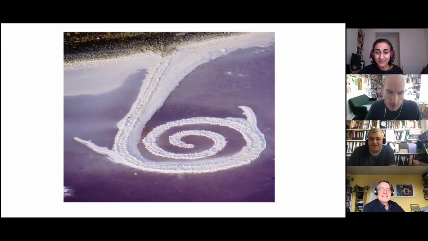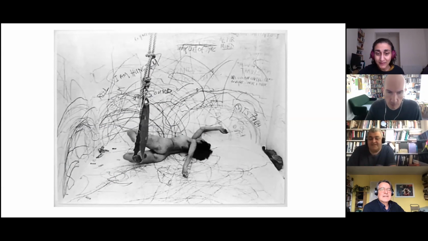Yeah, that is just Spiral Jetty covered in salt, and I don't know whether it's a diagram or not, and this has always fascinated me because it's Carolee Schneemann, and it's called Up to and Including Her Limits, I think. But anyway, okay, let's call it